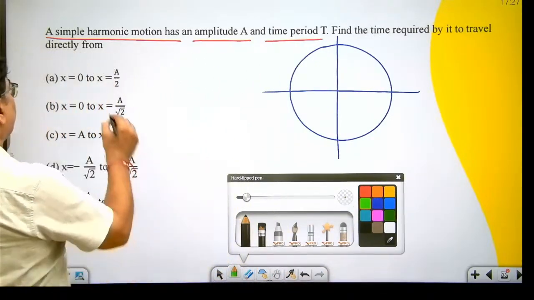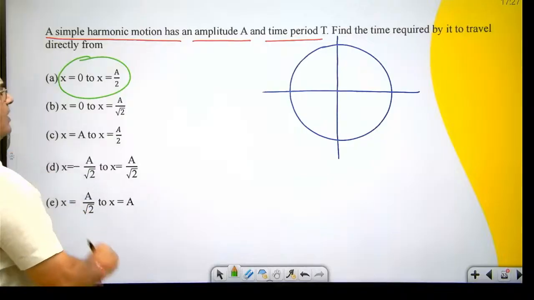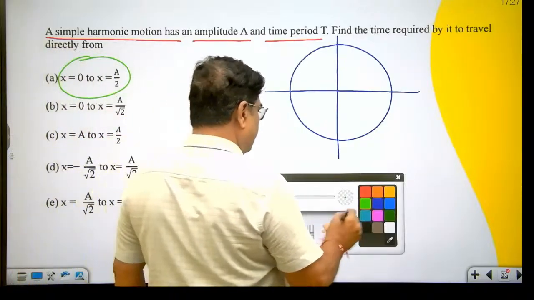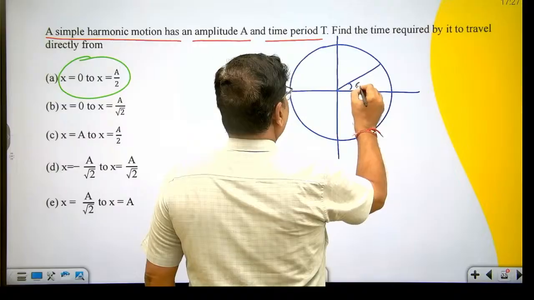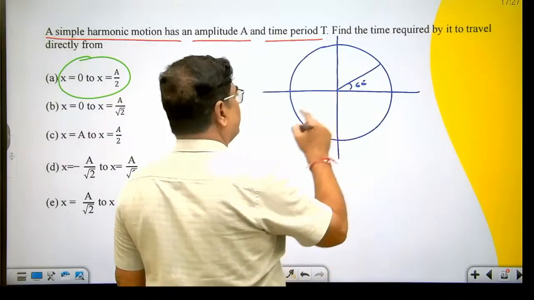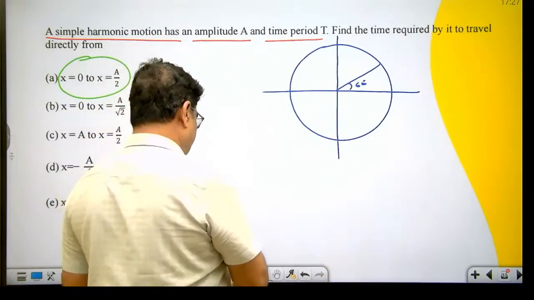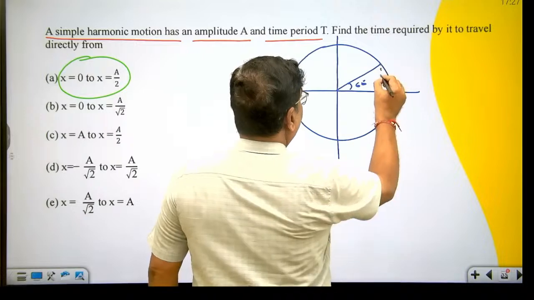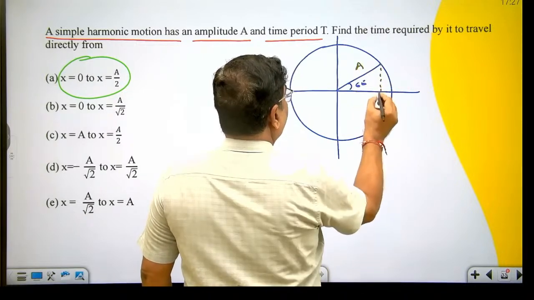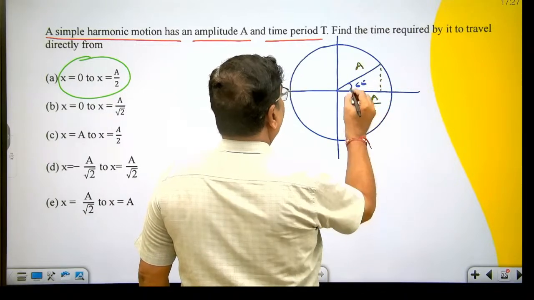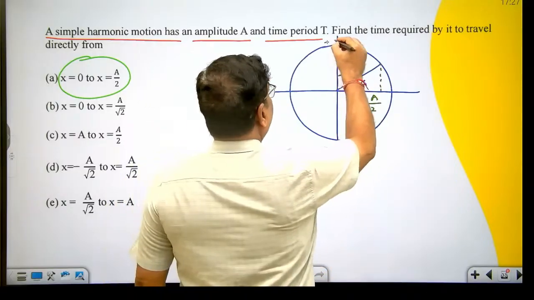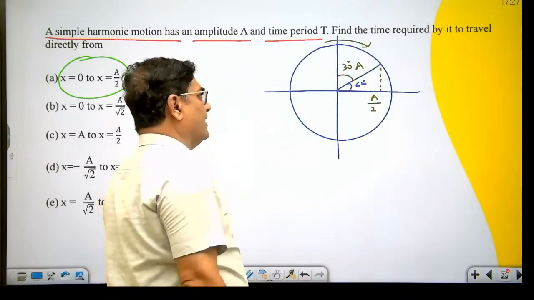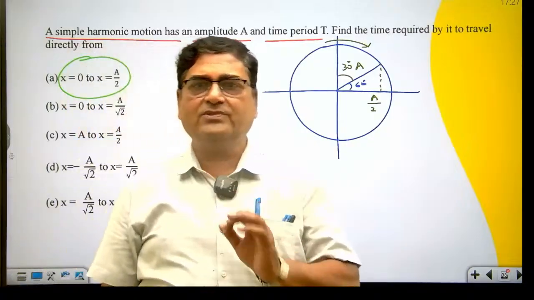X equal to 0 to x equal to a by 2. The particle will come from x equal to 0 to x equal to a by 2. See here, x equal to a by 2 will come into picture when this angle becomes 60 degree, then only this projection will become equal to a by 2. When this angle becomes 30 degree. Okay. So when the particle travels a 30 degree angle while performing uniform circular motion, you know what